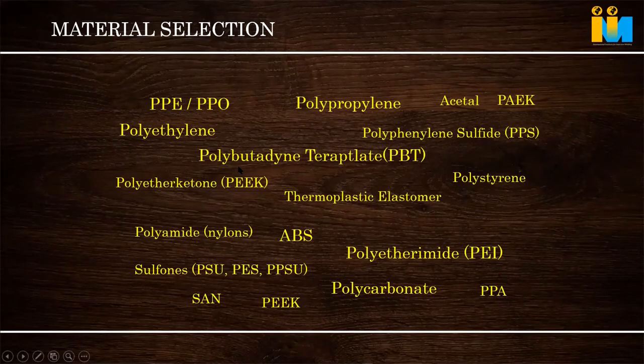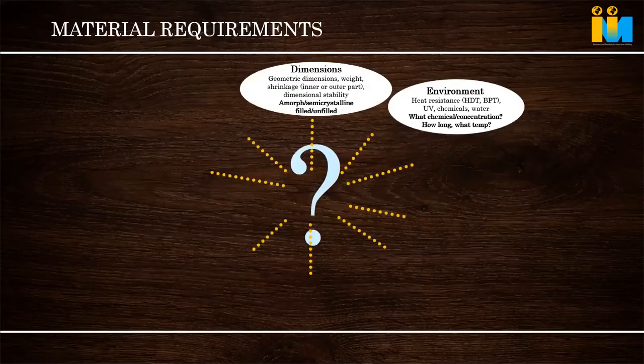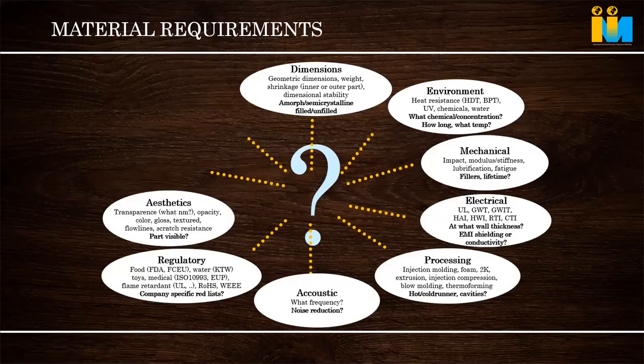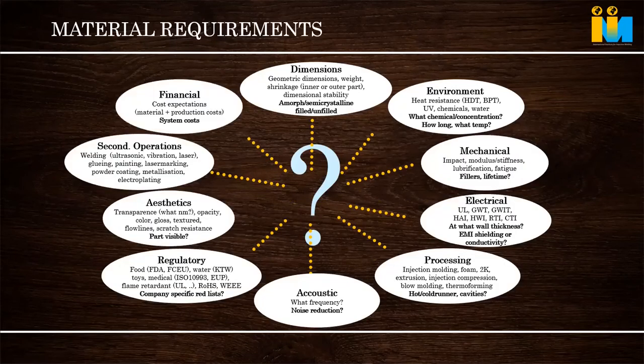I have jotted down some of the raw materials which are commonly seen. These are the polymers, and many compounds, many grades are there inside these polymers also. So how to narrow down the selection? Okay, we will be going to the next slide, going into detail. So what are the materials you can decide by a product? There are multiple criteria on which we will be narrowing down our selection of raw material.